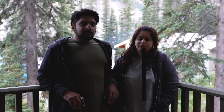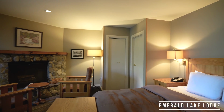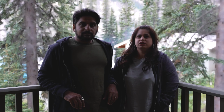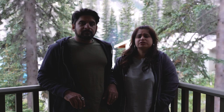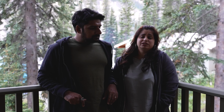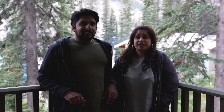The room here is definitely better than Emerald Lake Lodge. Oh yeah, definitely. As you can see here, there's a fireplace. They had a fireplace in Emerald Lake Lodge as well, but to be honest, it was not really very pleasing. Yeah. But here, the way they have constructed the room, it's not a very big room, even though it's a deluxe room. But it's very nicely done. We like the vintage look of here. Exactly. And the view,